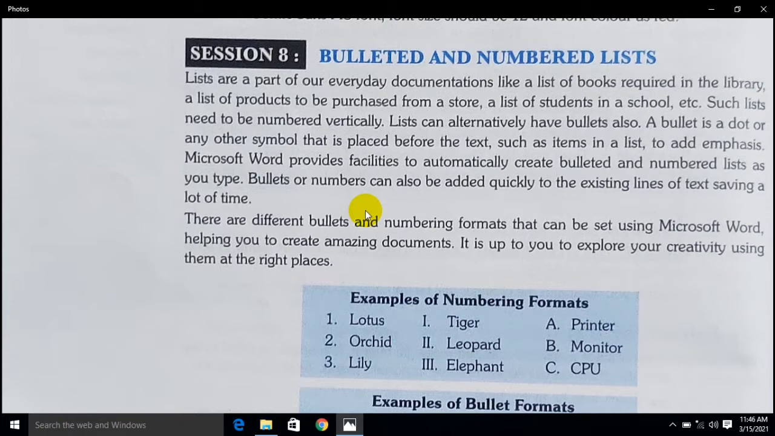In this session, we are going to understand bulleted and numbered lists. Lists are a part of our everyday documentation, like a list of books required in the library, a list of products to be purchased from the store, a list of students in the school, and so on. Such lists need to be numbered vertically,